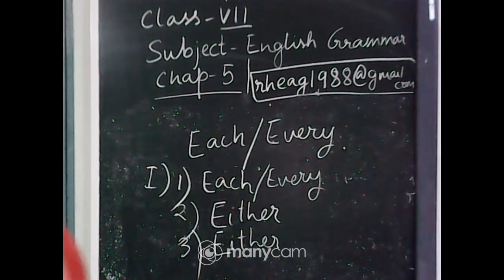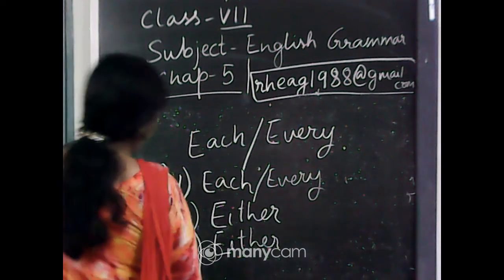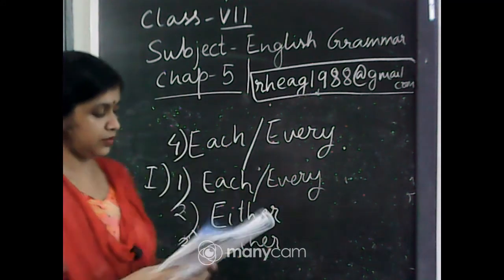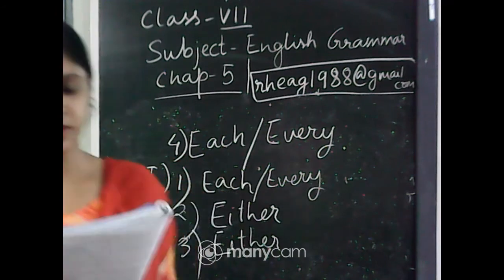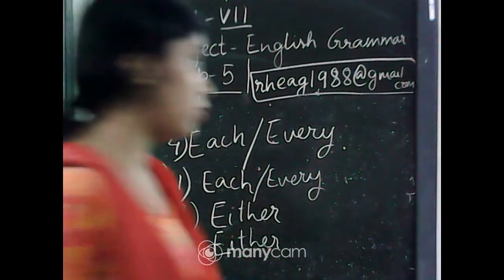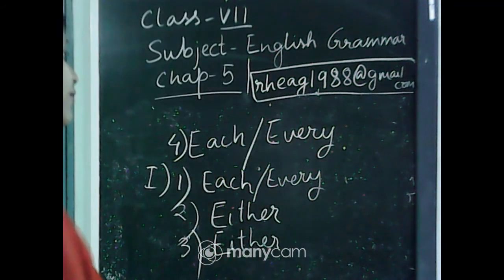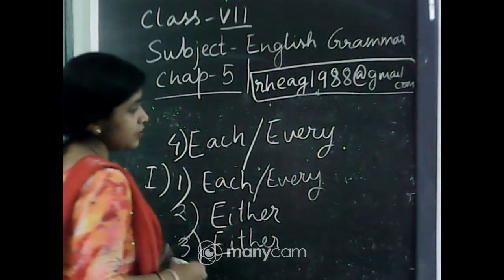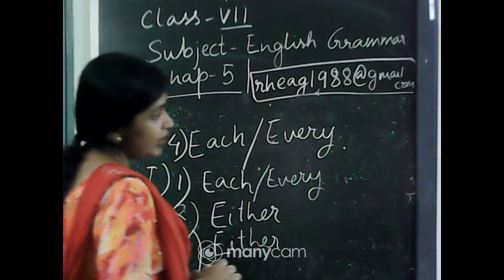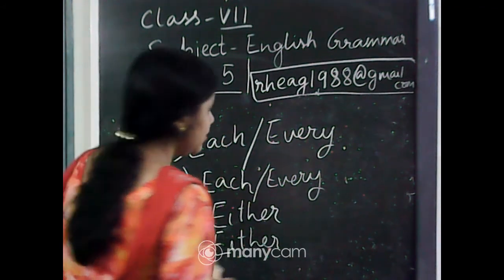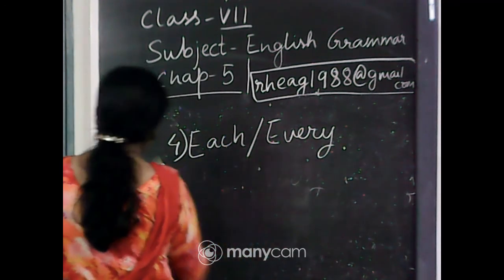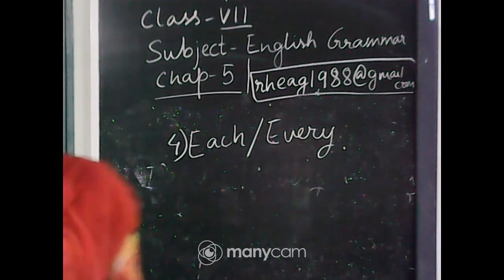Aditya, Aniruddha, each is also correct. Every is also correct. Number 5, each bedroom of the house has a bathroom attached to it. Okay, number 5 will be each. Neither. Which answer have you written neither, Shampurna? Specify the question number and then write the answer.